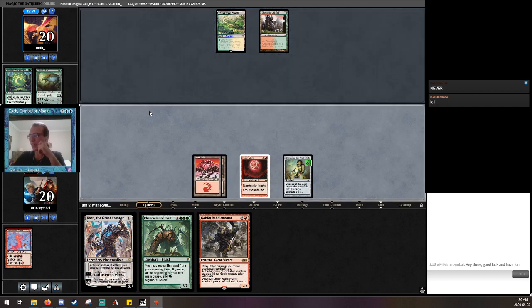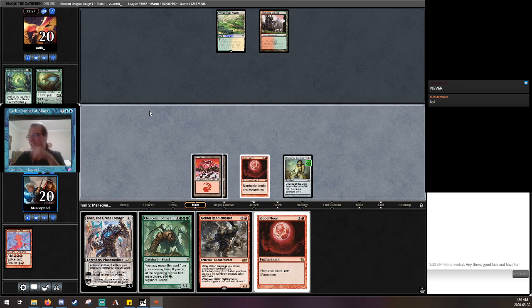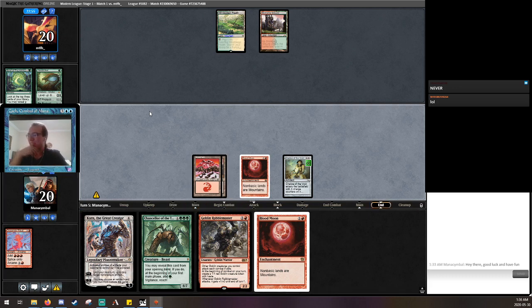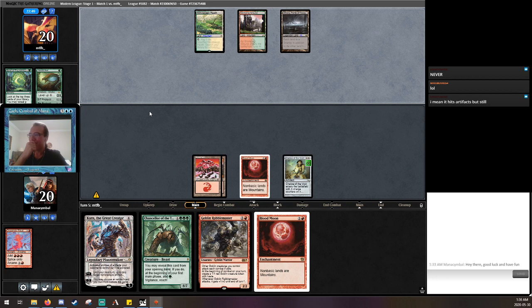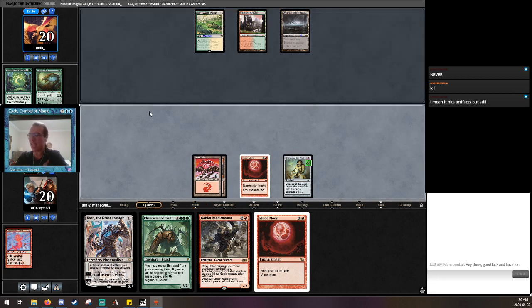Hex Drinker. Perfect. Land a Ritual? No, not yet. All right. This Rabblemaster will kill them in 4 turns, but not until we get to cast it. Urborg! Still hits artifacts. Yeah. I mean,